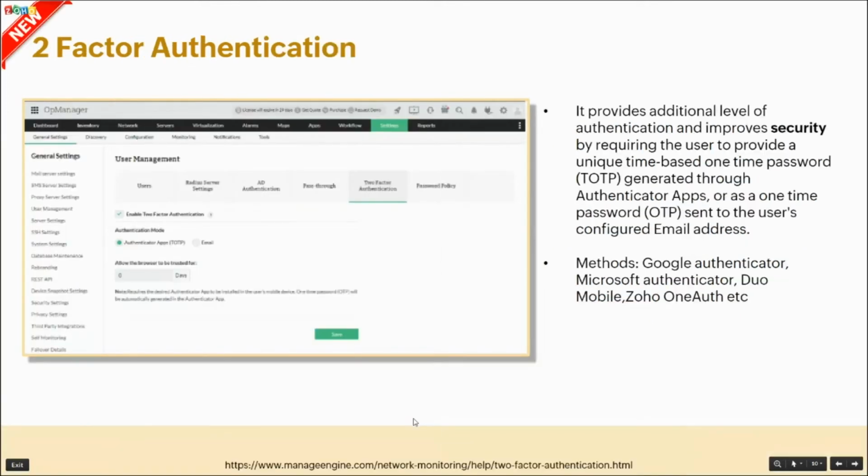So the brand new feature, the two-factor authentication. Nowadays, network security and login privileges are at much higher stakes, where we need to have better control, a two-way or a three-way window, for any login attempts to our servers or applications which have critical information. So OpManager provides you an out-of-box two-factor authentication which provides an additional level of authentication and improves the security